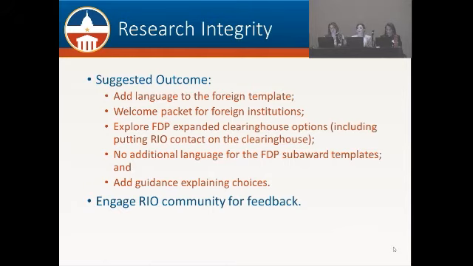As part of that, though, we do want to let you know we're going to be trying to find ways to outreach and engage with the RIO community so that they feel like they're part of this process. We did get some feedback from some RIOs that were a little confused by what the conversation around this was and what prompted it, and didn't necessarily have all the right information. So we do want to make sure that we loop back to them and make sure that they have that. So we're going to find some ways to do that, just so you all know.